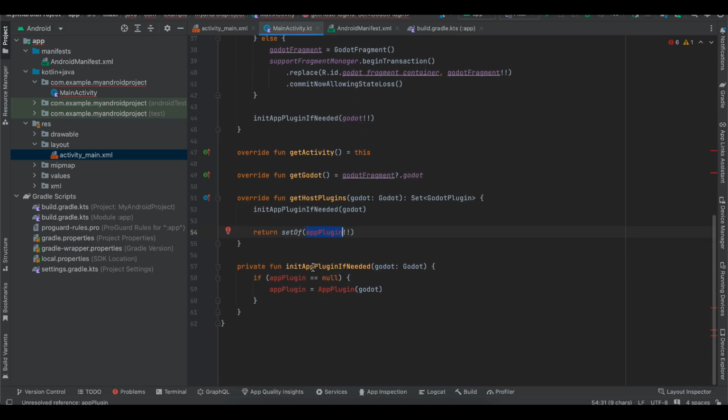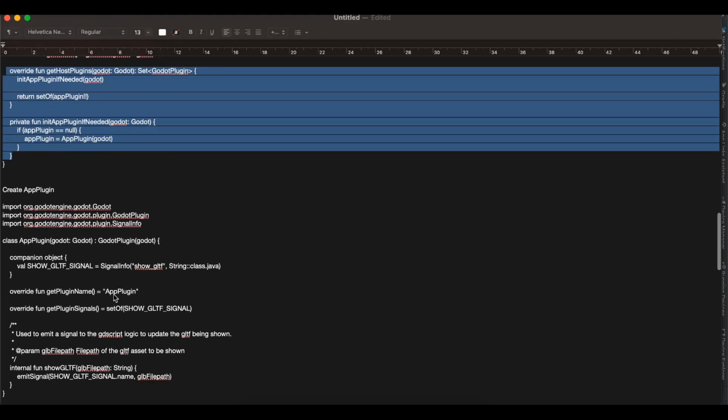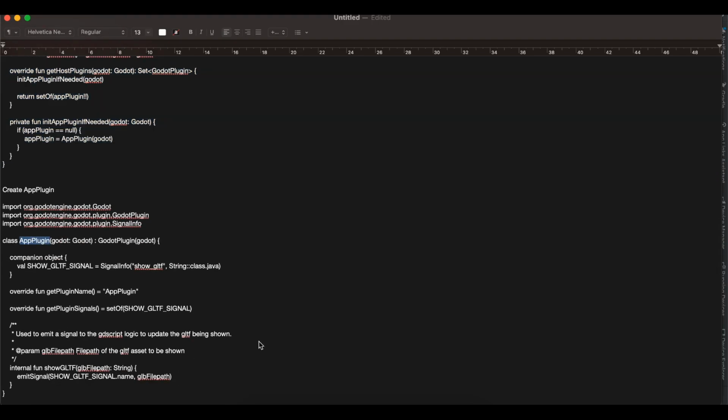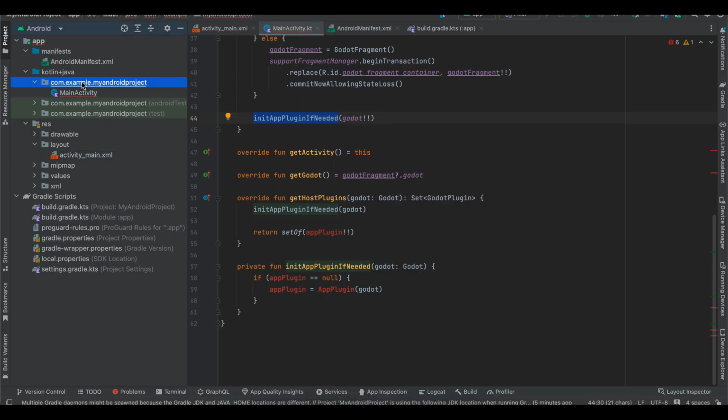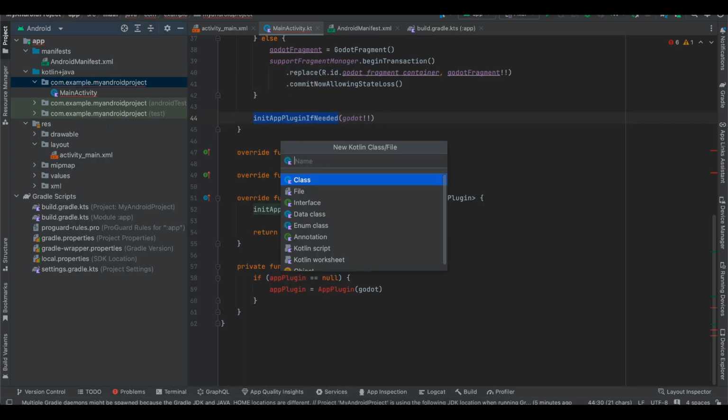We don't have this app plugin yet. This app plugin will help us to send signals from Android to the Godot view. And here you can see we are initializing the plugin, and this method is being called inside the onCreate method. Now we will create this app plugin class. I will just create this app plugin class inside Kotlin,